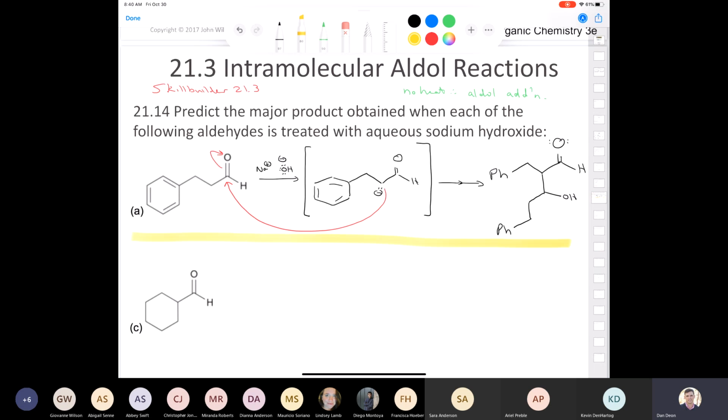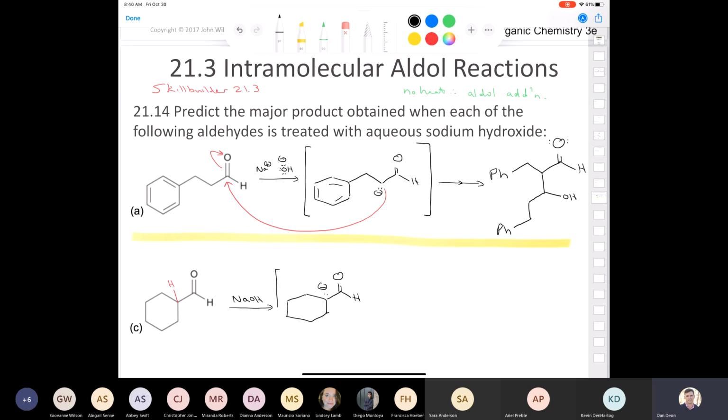I'm starting with cyclohexane carbaldehyde. I treat that with sodium hydroxide. Let me ask you guys a question. How many acidic protons are there in cyclohexane carbaldehyde? And it's not a trick. Mr. Dion doth not like tricks. How many acidic protons are there here in cyclohexane carbaldehyde? Yeah, both students who answered are correct. There's only one, right? There's just this guy here. That's it. So that means we would produce this enolate as an intermediate, where there's my aldehyde, and my negative